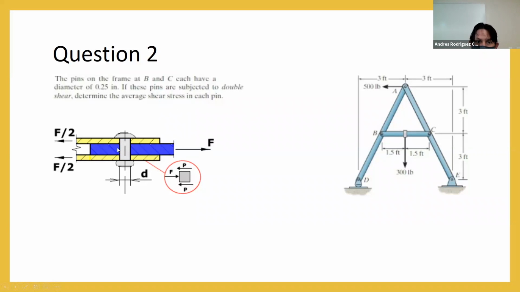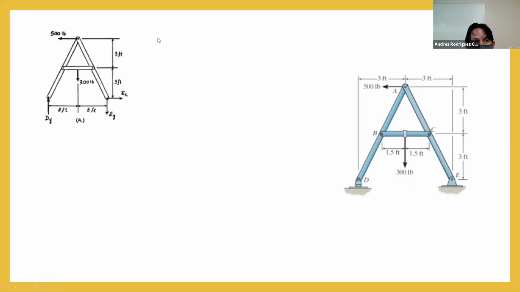This is the double shear that is going to be like a sandwich of the elements. So it's like this. We are going to brace this element here, or this one is going to brace these ones here. So we are going to have two elements here and the other one is going to be in the middle. So first we have to do the body diagram that is like this, simplifying these elements here. And after that, we are going to obtain the reactions in the body diagram,